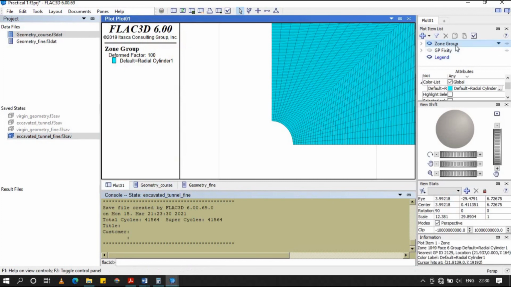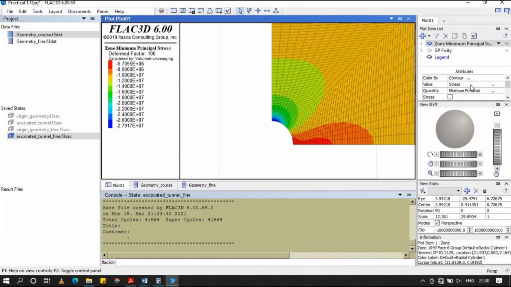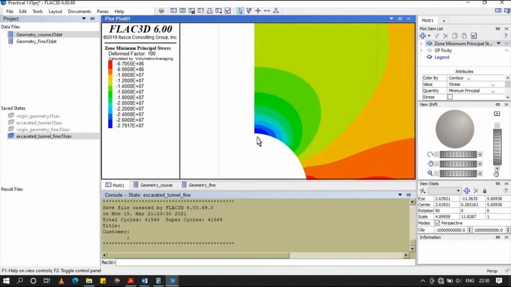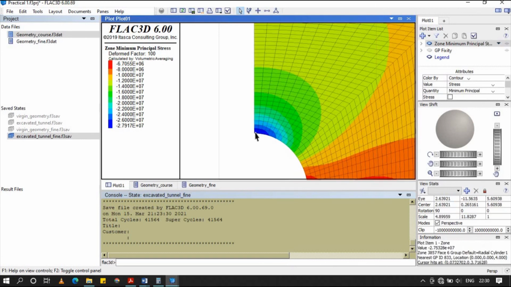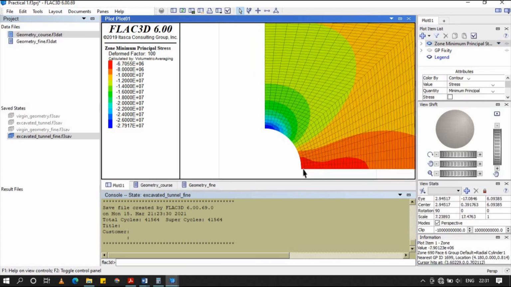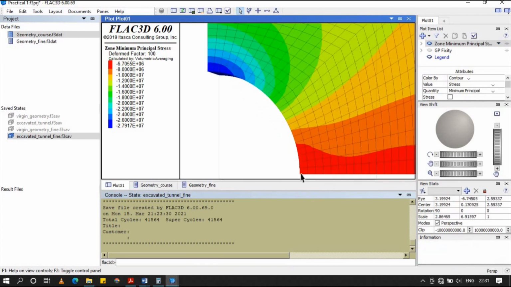So in order to see the stresses, we'll go to zone, make this contour and value maximum stresses we'll see. So at crown, if you see, it is coming almost 27.5 MPa, and here it is coming minus 6.8 MPa.